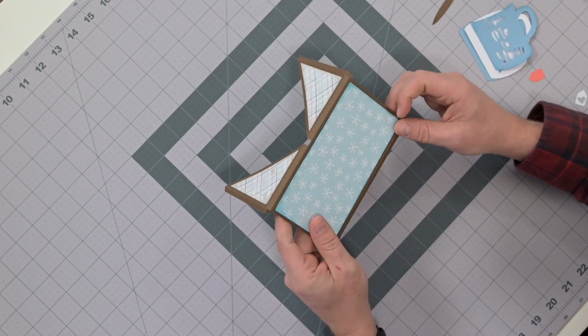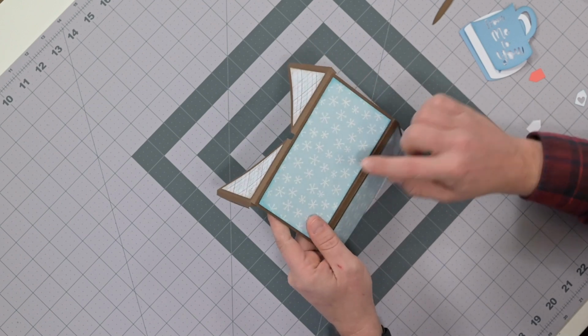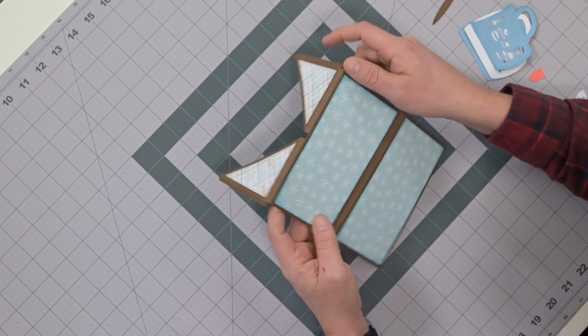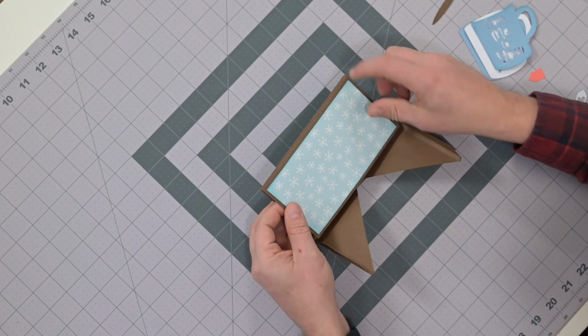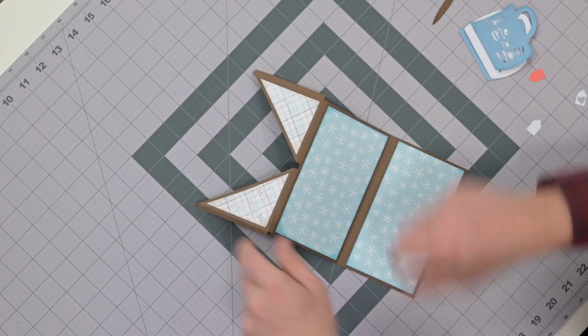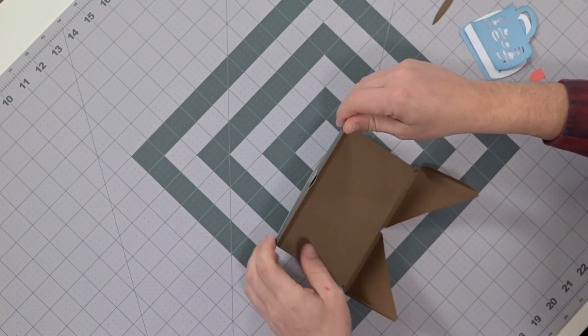And that's just to help you with the positioning of the teacup. I can eyeball it, so it's not a big deal. But again, there's two of these, one that has a letter T on it, and you're gonna put that here, pretend this is closed, with the T right side up on this panel, okay? So I did goof up, but that's okay. All right, so